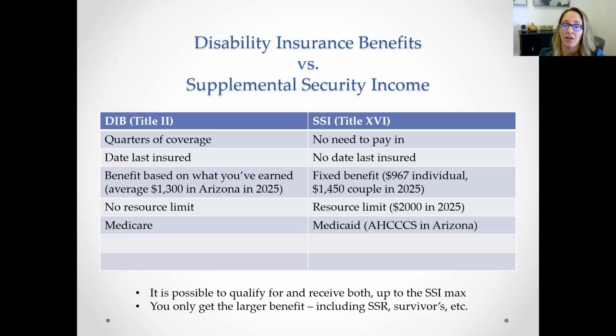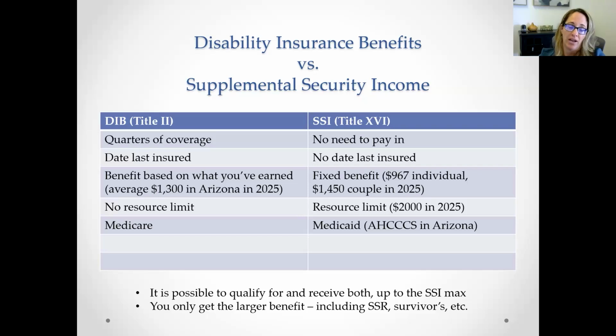And eventually, if you become disabled or if you retire, what you've paid in through your lifetime of working is what you would get back if you're approved for Social Security disability insurance benefits under this left column, Title II. So Title II benefits, or SSDI or DIB, are based on what you paid in. If you had a really high wage in your lifetime of working, the money you'll get each month if you're found disabled is going to be higher than if you had a low wage throughout your lifetime working.